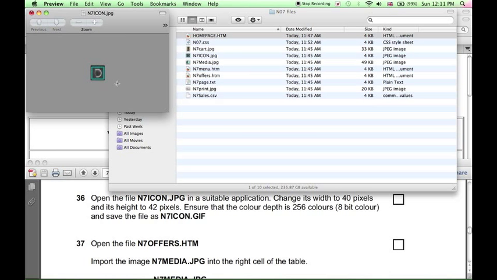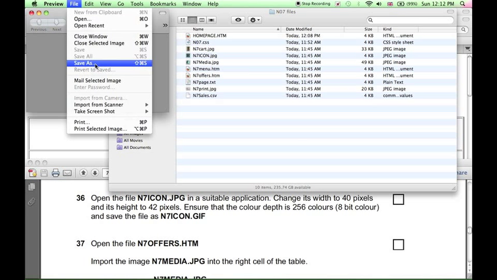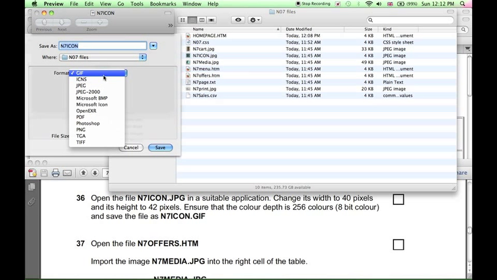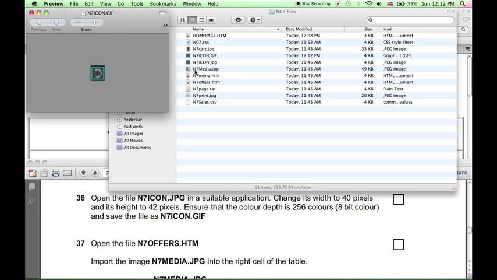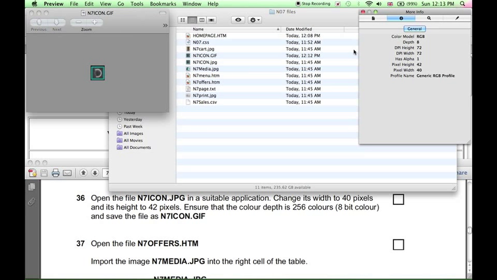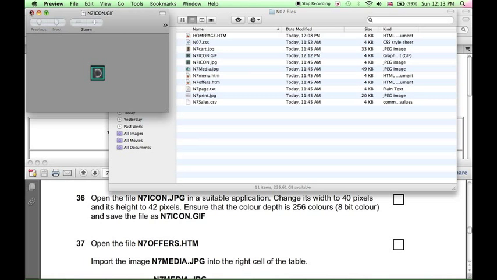Then we need to save the image as a GIF file. File, save as, change the format to GIF, save it as n7icon.gif. And we need to check that the color depth is 256 colors or 8-bit color. If we click on Tools, Show Inspector, we can see here the color depth is 8-bit as required. So we can close this picture,